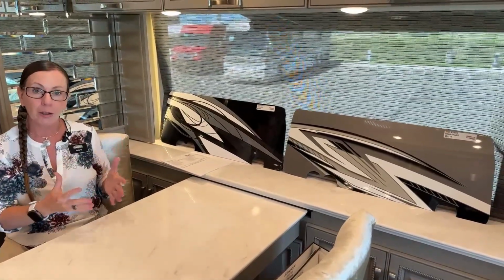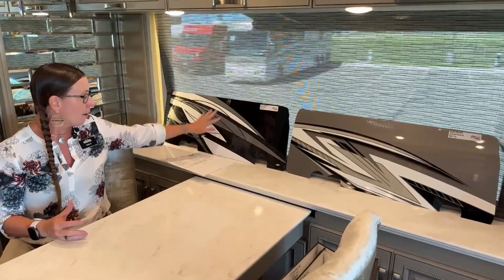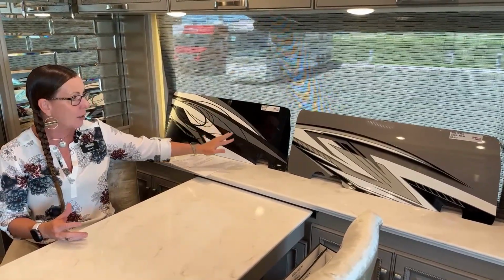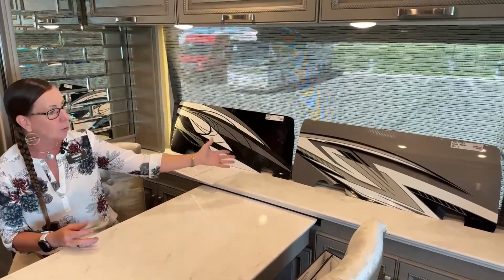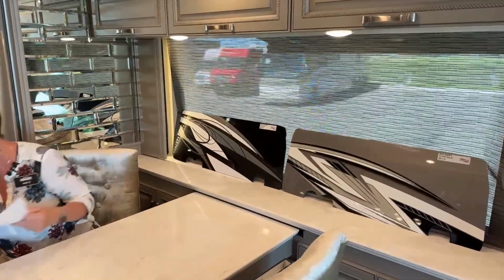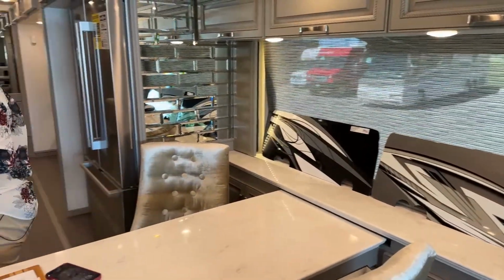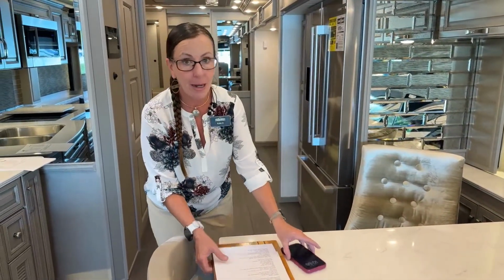They also allow you to customize your coach. You could choose any number of paints to fill into this pattern. So if you decided that you really liked this, but maybe you wanted a green stripe on it, you could do that with Newmar. And another feature that they've offered this year is they have a very high-end custom paint,